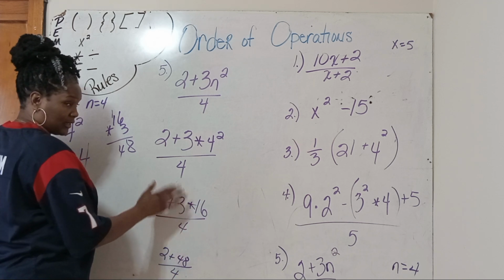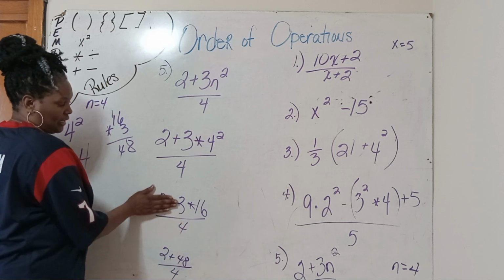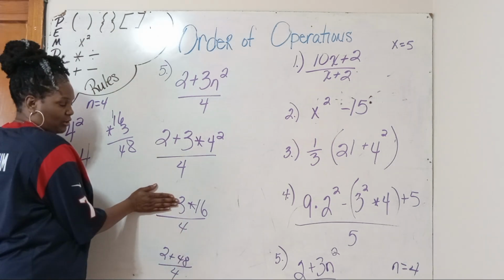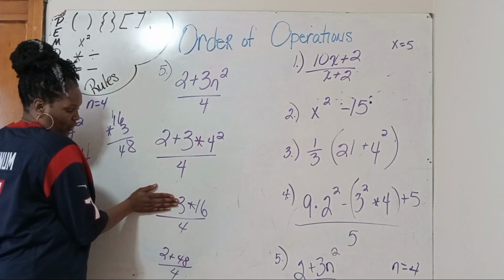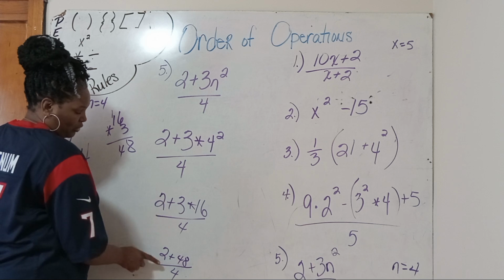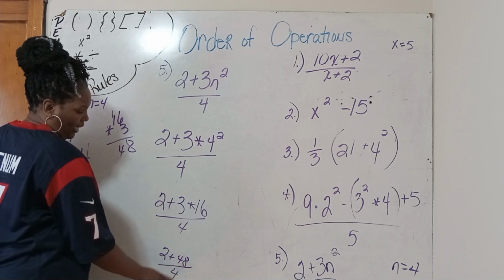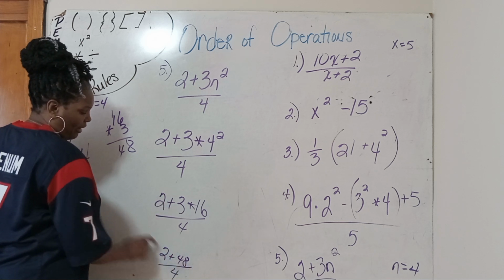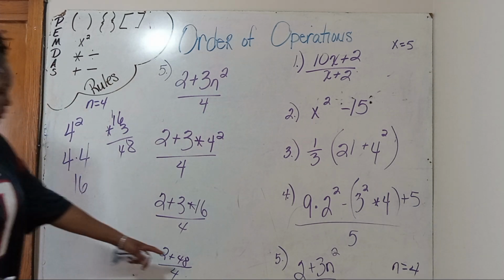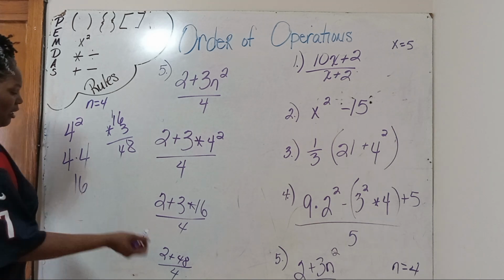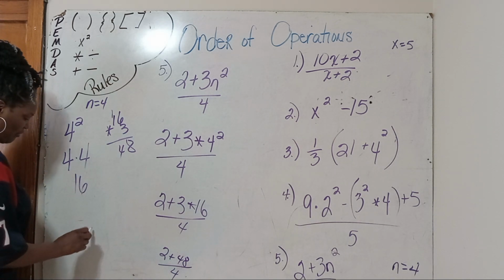Then, since I'm doing one step at a time, order of operations tells me to do multiplication first. 3 times 16 is 48. So I brought my 2 plus down. 2 plus 48 divided by 4. Okay? So now I just keep on. Now I just do what this tells me to do. 48 plus 2 is 50